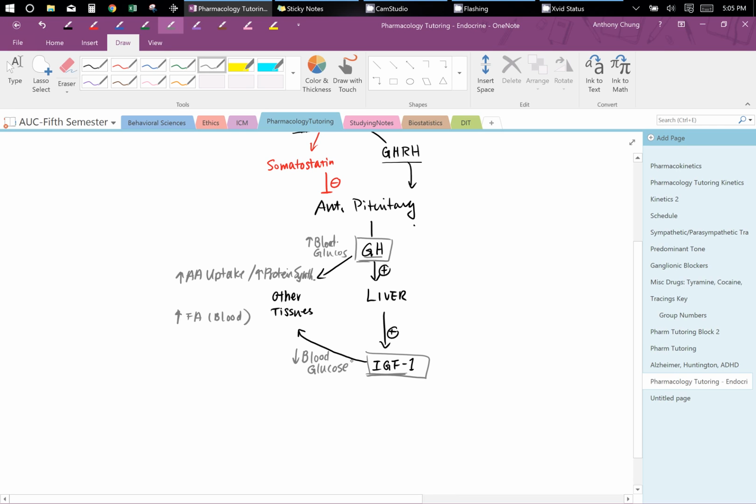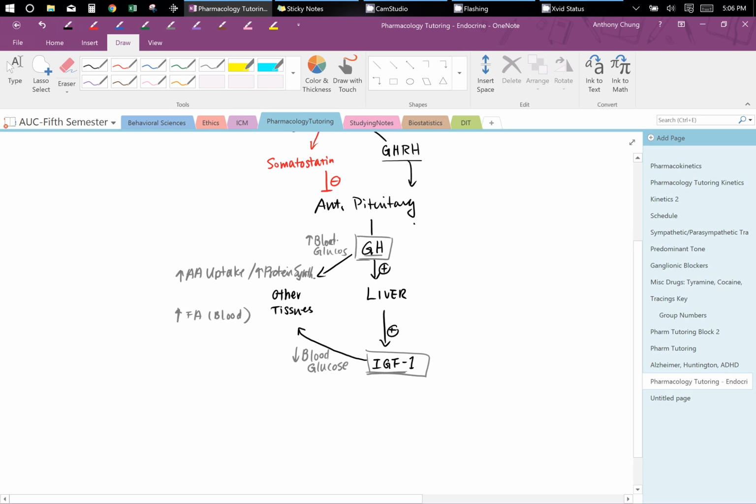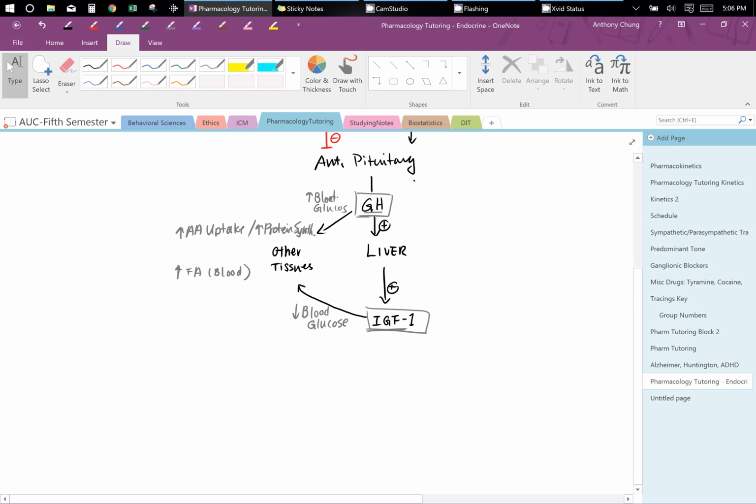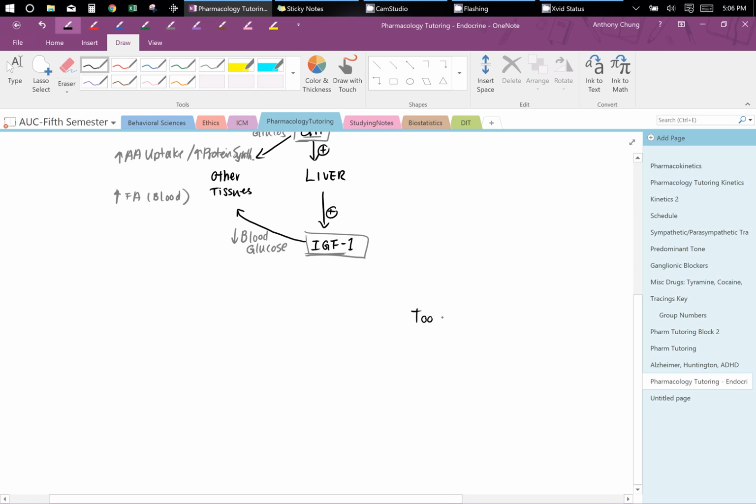Okay, so this is the general picture of what the whole pathway is, and now let's plug in some of the drugs. So you can have two problems with this. Essentially, you can either get too little growth or too much growth. Let's talk about the too little growth. If you have too little growth, you want to make them grow. So the treatment for too little growth